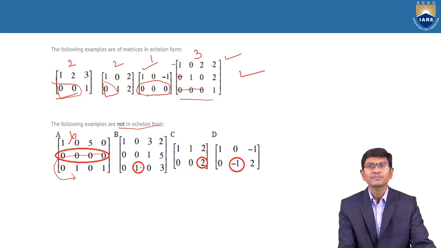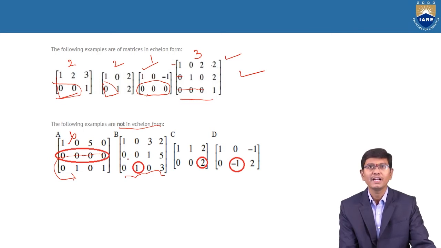And the second one is also not in echelon form of a matrix. Because there are no zero rows here, I am not going to discuss zero rows, but compare the zeros before the non-zero number, which is not satisfied. Why? In the first row, before the non-zero number there is no 0, but for the second and third rows, in the second row before the non-zero number there are 2 zeros, but in the third row before the non-zero number there is 1 zero.